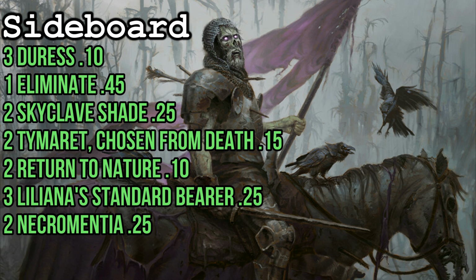There's 2 forests to go grab with Fabled Passage if you need to. And Fabled Passage itself is a very important card because it helps you escape that Pelucranos later on in the game. Now here's your sideboard right here, and even though there is a single copy of Eliminate in there to